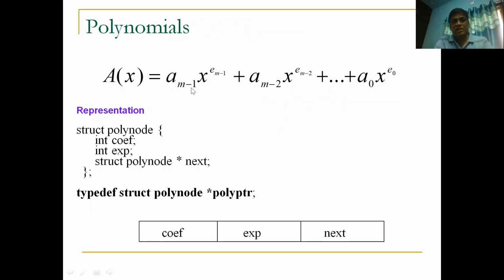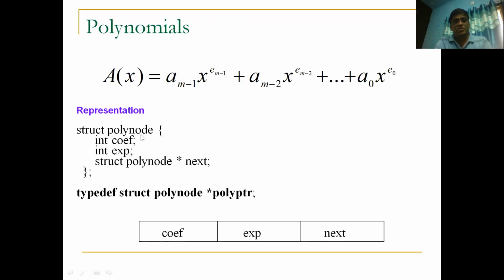You can use any general terminology for representing this polynomial, but what you need to understand is a polynomial is a collection of terms, and every term has the information about what is the coefficient in the term and what is the exponent in the term. We don't bother about the variable we use, we can ignore it simply, that information is not required. So what we need to store is the information about what is the coefficient of each term and exponent of each term. Okay, so therefore every term refers to a node in a linked list.